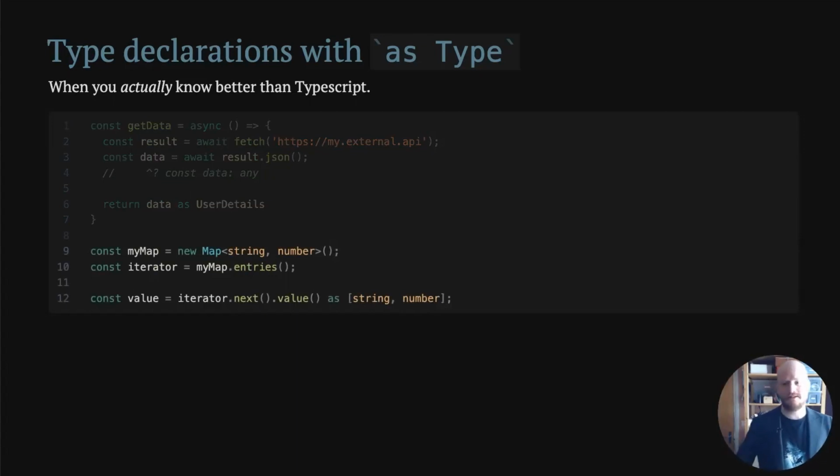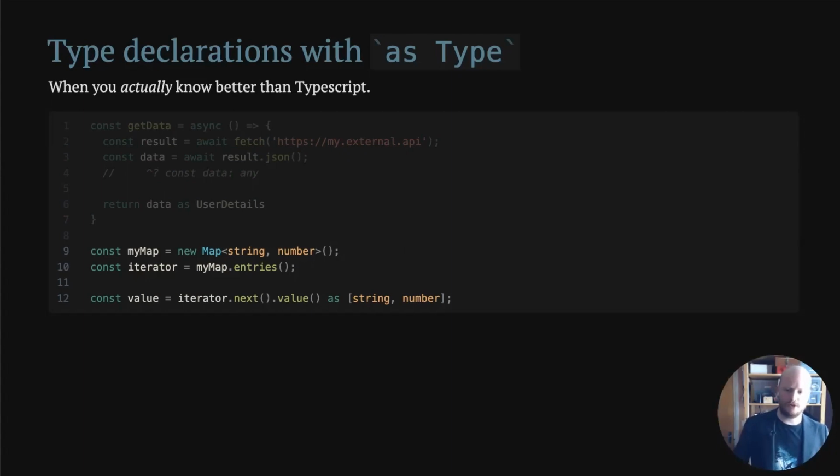And another example is the JavaScript Map type, which is not that used in web development, I feel, but it's basically a map. So you have a key value pair. It's basically a JavaScript object, but without any unnecessary fluff. And if you do this, a map with string keys and number values, you make an iterator, which is a type that lets you loop through it.